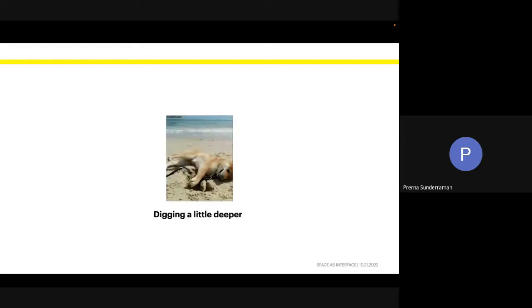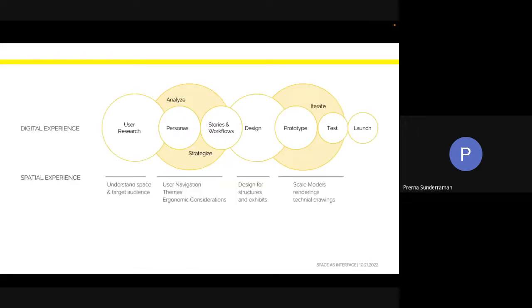That's the thought I wanted to leave y'all with, but let's try and dig a little deeper. This is a snapshot of my design process and the parallels with the design process when I was doing spatial experience design. You can see a lot of similarities, but one of the biggest dissimilarities between digital experience and spatial experience is that spatial experience is not forgiving.